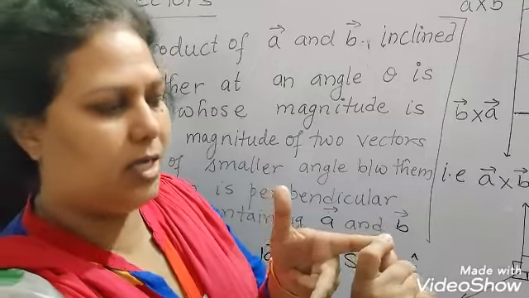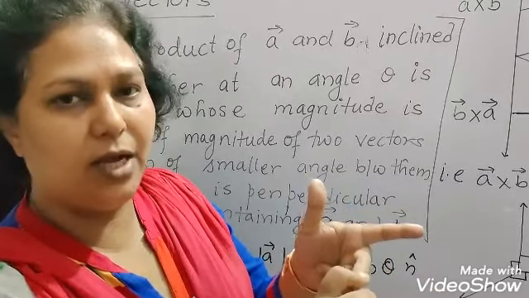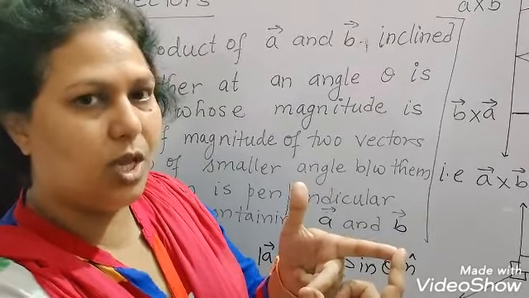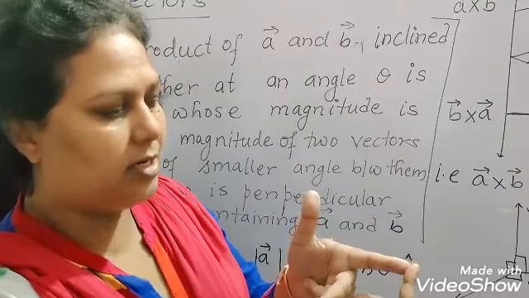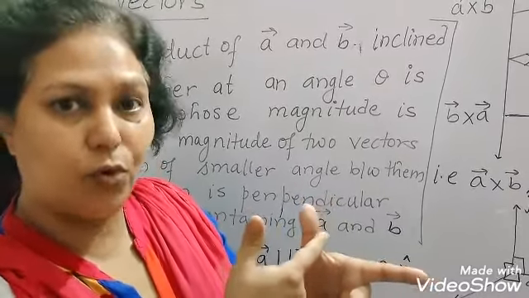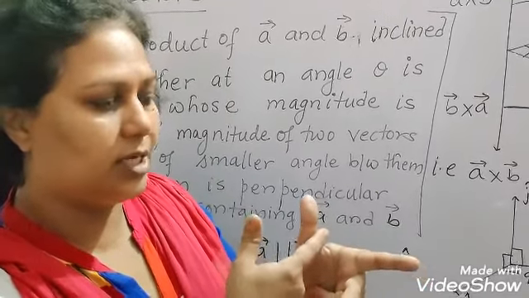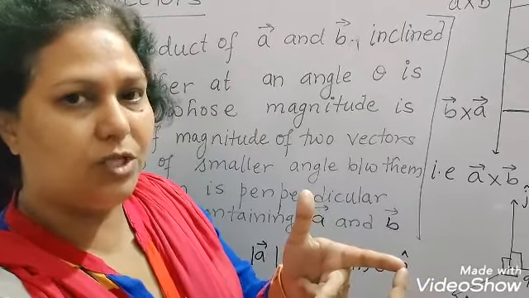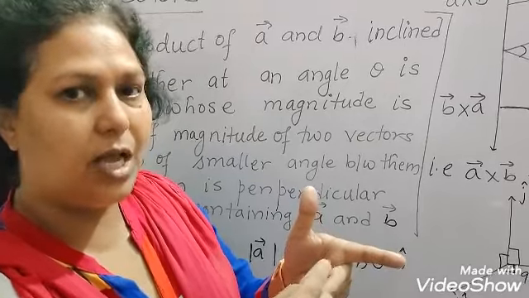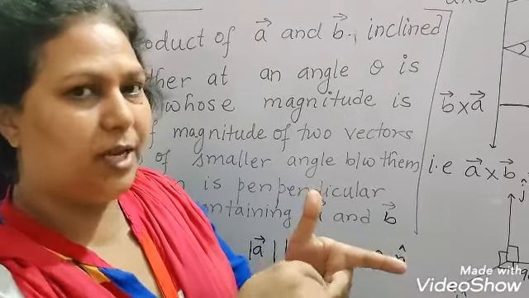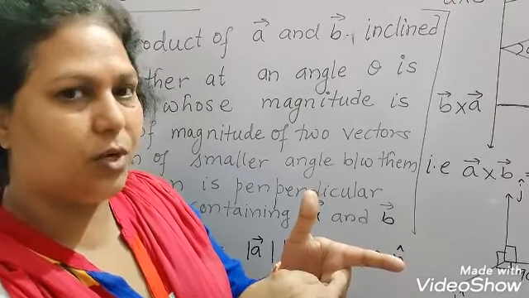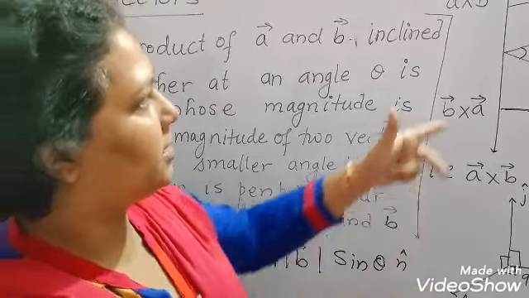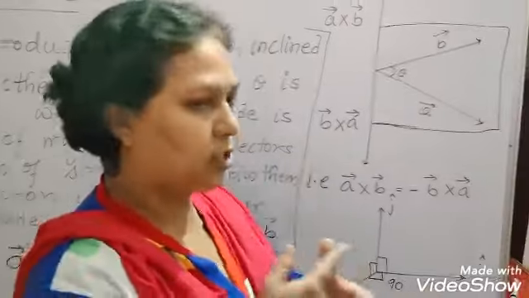Now you can see this very easily. The magnetic field is a vector quantity, the electric field is a vector quantity, and the product of these two is the resultant. That resultant is the force, and this force is in the direction perpendicular to the plane containing these two vectors, the magnetic field and the electric field. So the resultant is obtained perpendicular to this plane. Similarly, you can see it here also. And this is called the Lorentz force.